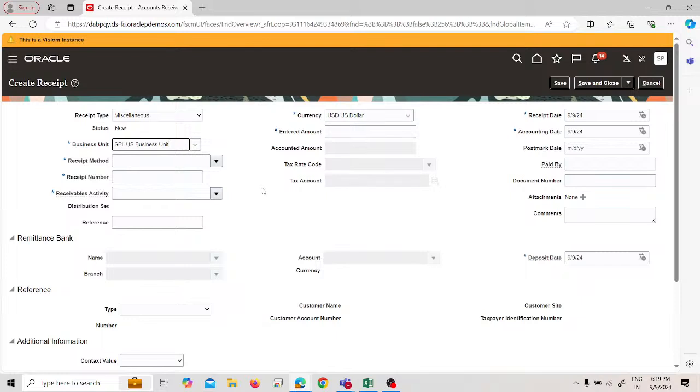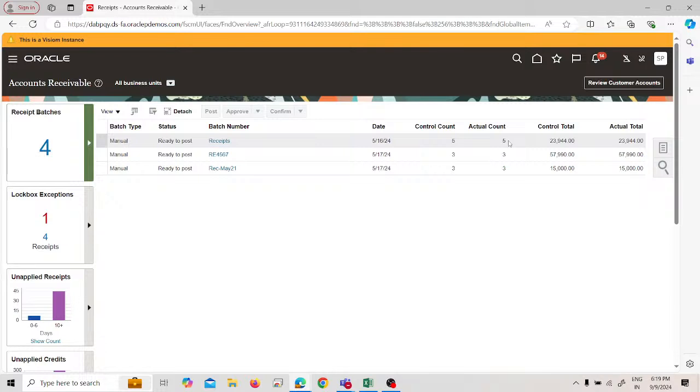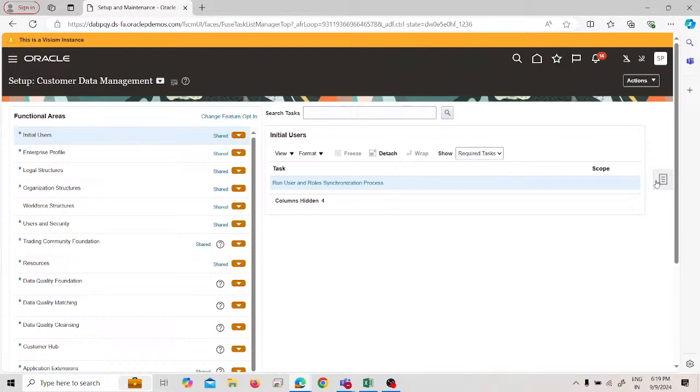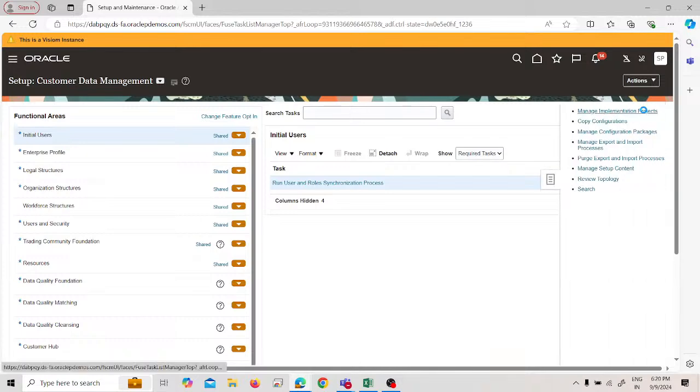But before creating a miscellaneous receipt, we have to configure the information. That is, we have to provide the SPL miscellaneous revenue to the application, so that the application will understand and process the transaction as we have configured. So first we'll go to the project. We create a receivable activity. As you can see, we have to create the receivable activity, so that the application will move forward in the